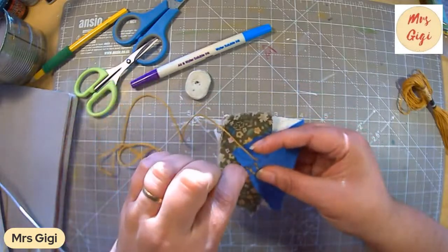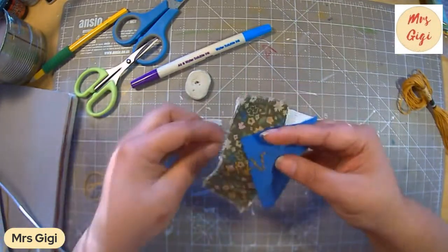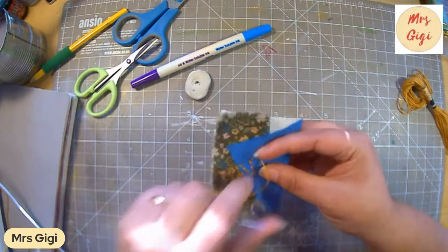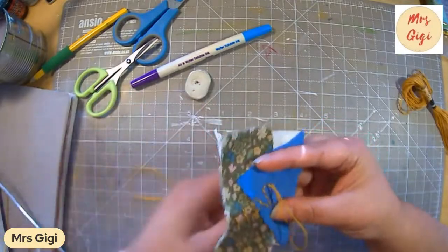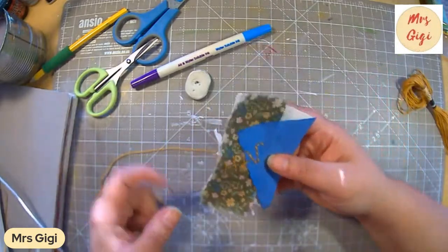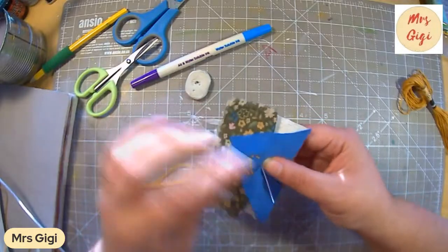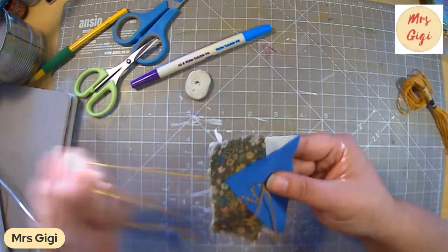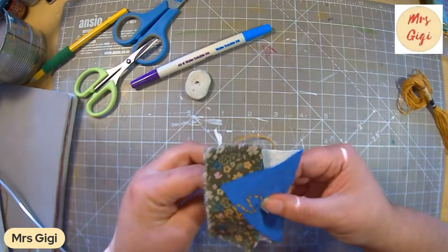And I don't know if I'm going to sew around these with a thread or something. I haven't really decided. Let's see, H, A, and P coming together soon. And the prompts,